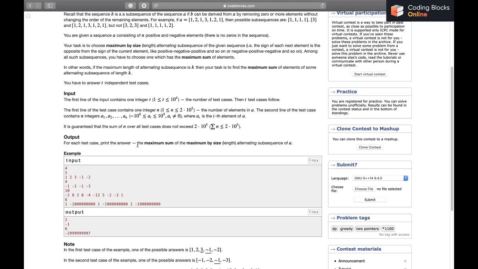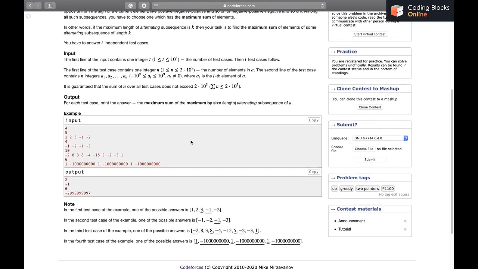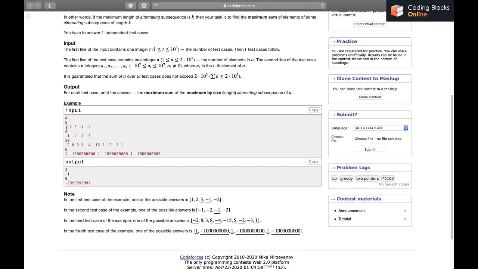So we have to just output the maximum possible sum for a maximum length alternating subsequence for each test case. Let's discuss the test cases first. For this one, we know that the longest subsequence will be of length 2.